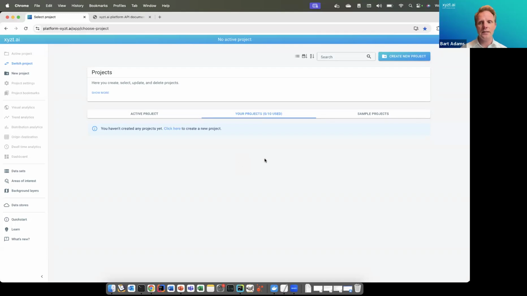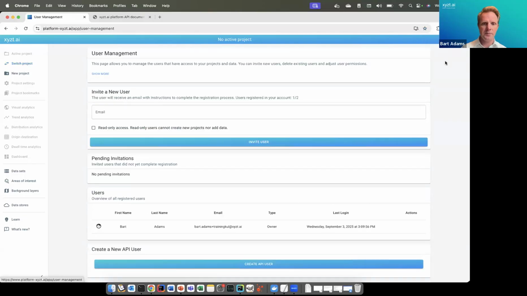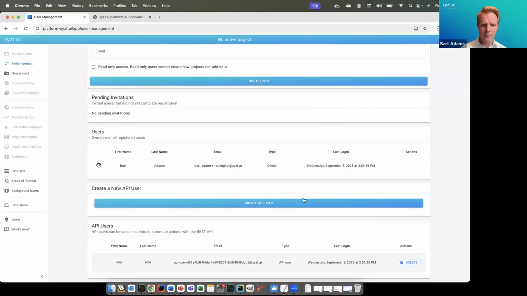Where to find that? In the top right corner, you click on the little man icon here. You go to user management. And at the bottom of your page, you will see create API user. If you don't see this, or if this is disabled, it means that your account doesn't have API enabled. In that case, you can reach out to us and see what is possible,